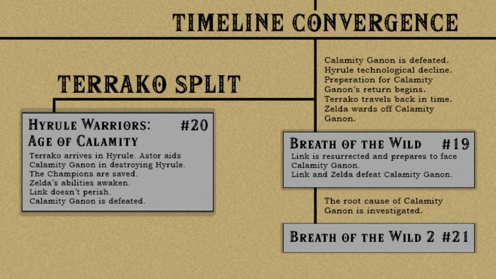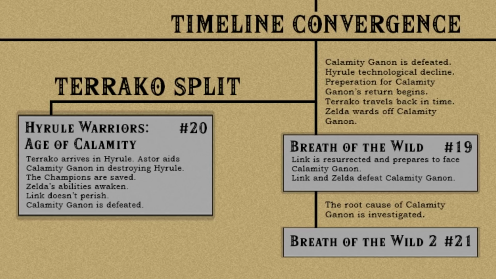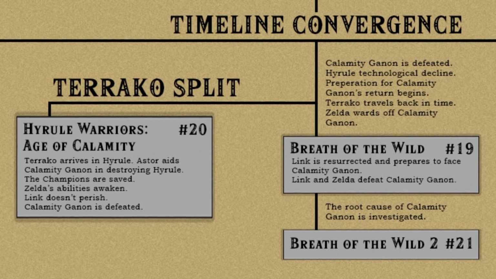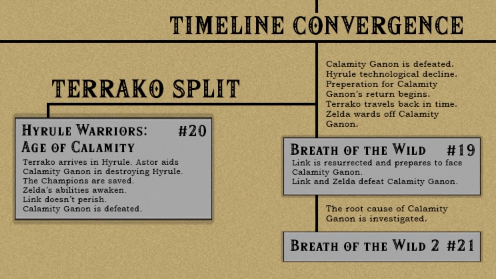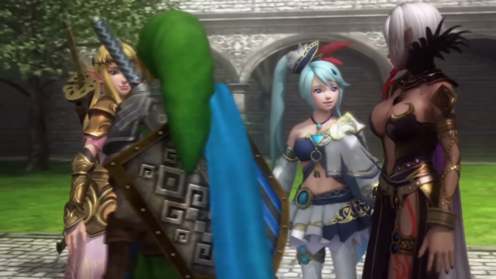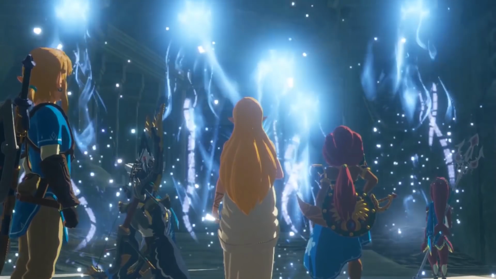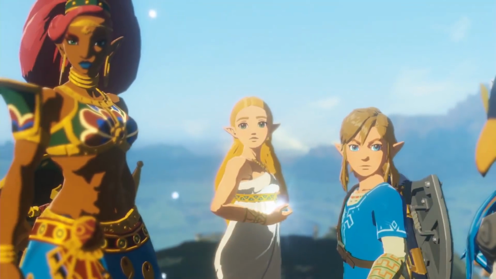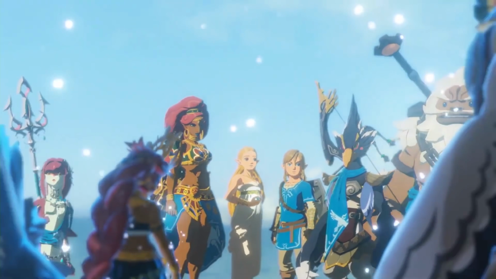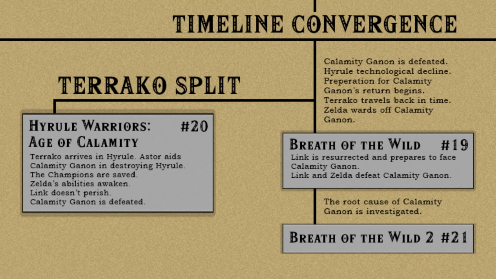And now, I feel obliged to add another timeline split, right here when Zelda's powers awaken 100 years before Breath of the Wild. This can be a good thing. Think about it. Hyrule Warriors had a fun story converging everything together, so maybe we can get another story like that eventually. We have the champions alive in this split here, and they're great characters, so maybe we'll see more of them. But I would hope that we keep going primarily down this part of the timeline.